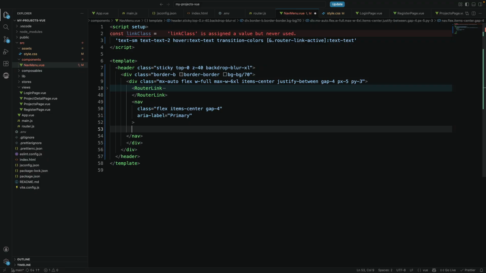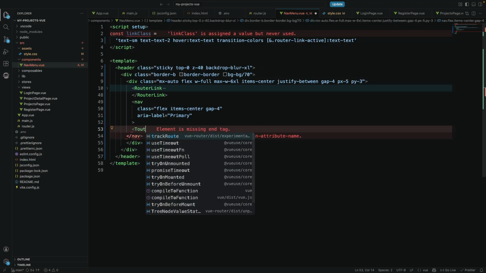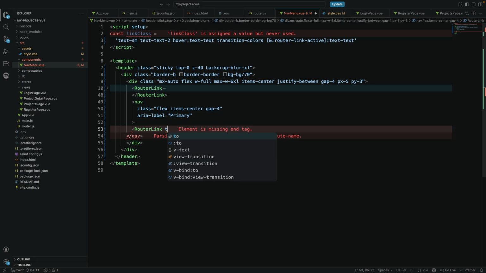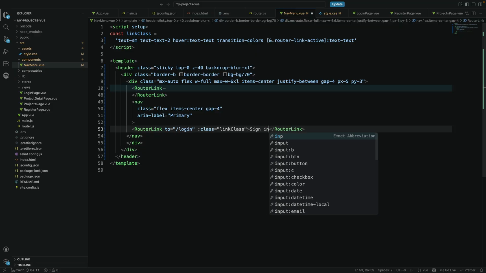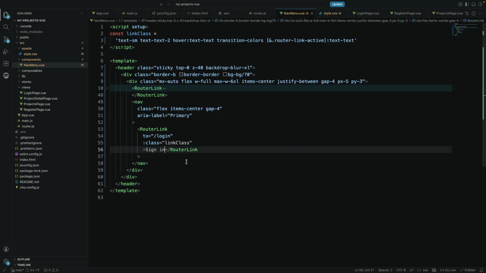So let's do router link to login, and the class will be the link class. And we can do something like sign in. And then we can have another one that will send it to register, probably. And that will change a little bit to,